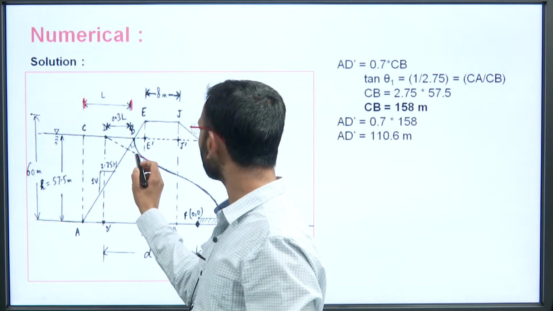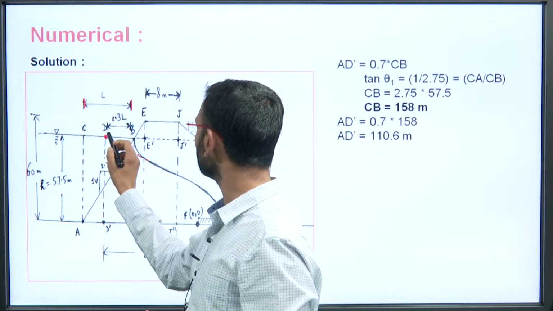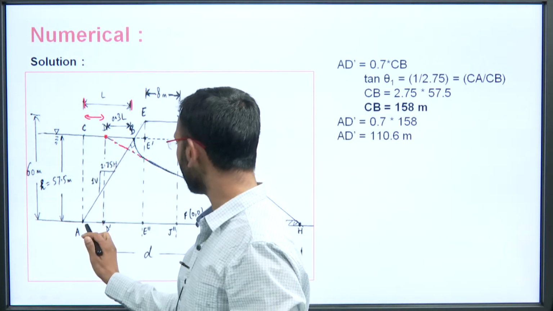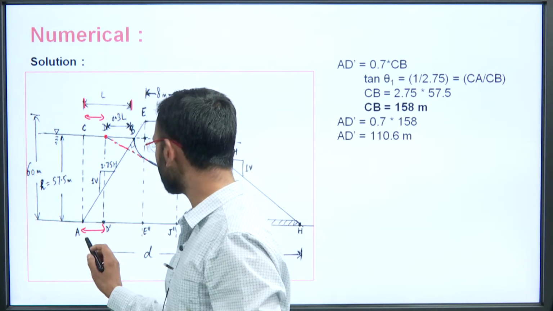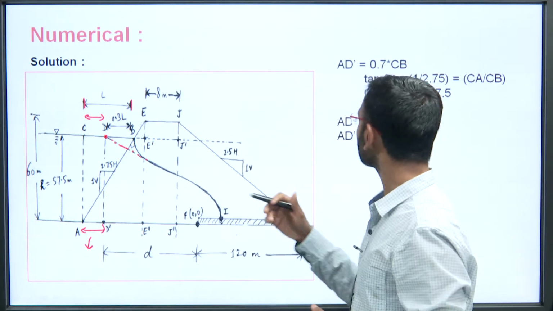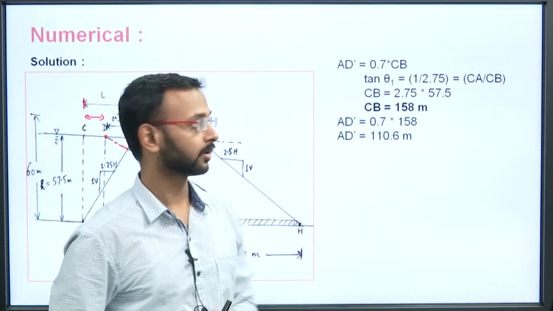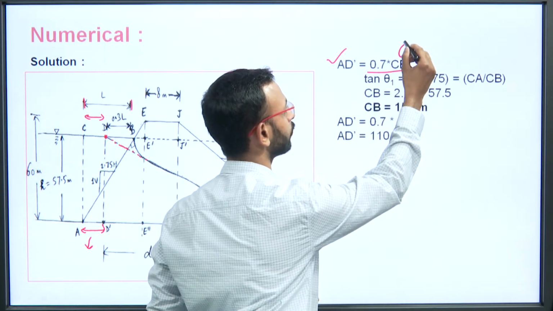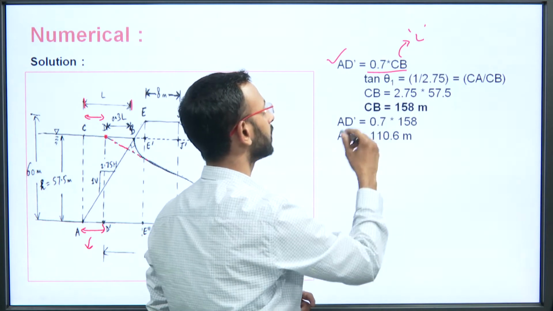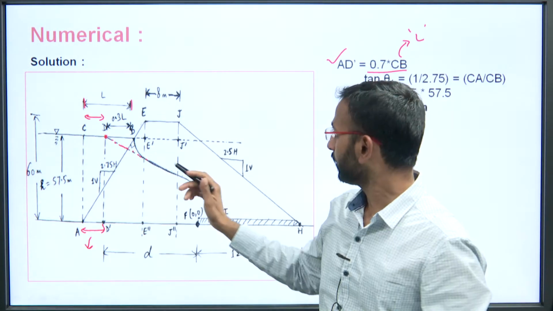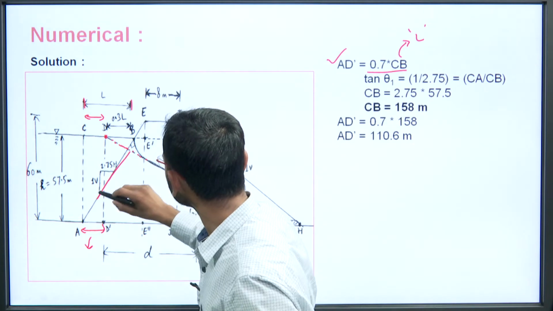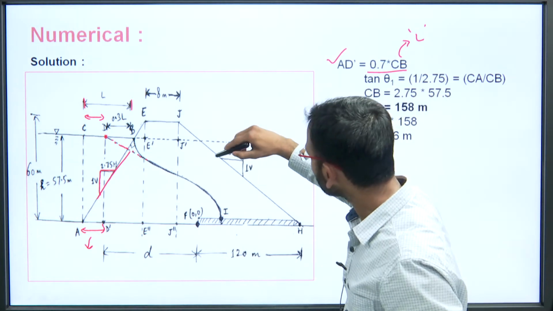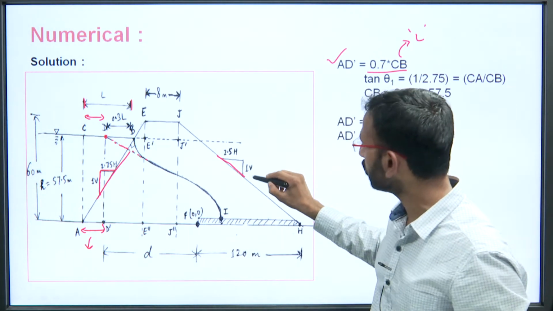Here you have seen this is the length L that we discussed, and the parabola, the line which was there, it extends to 0.3 times of L. So, the remaining portion, this CD portion and parallel to this line A dash D dash portion can be equal to 0.7 times L. So, see here first we will be calculating the value of this AD dash, that is equal to 0.7 times CB. CB what we took in the diagram, it was taken as L. Now, tan theta 1, what is there? See the slope is given to you, that this slope is 1 vertical is to 2.75 horizontal, and for the downstream side the slope is given as 2.5 horizontal is to 1 vertical.